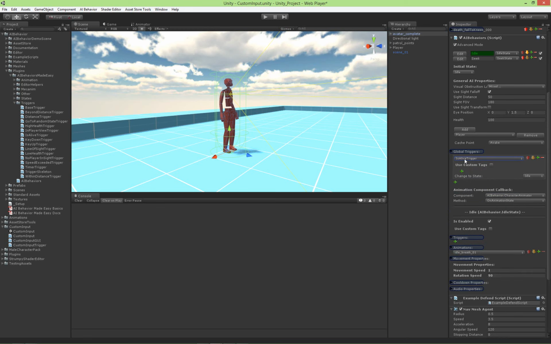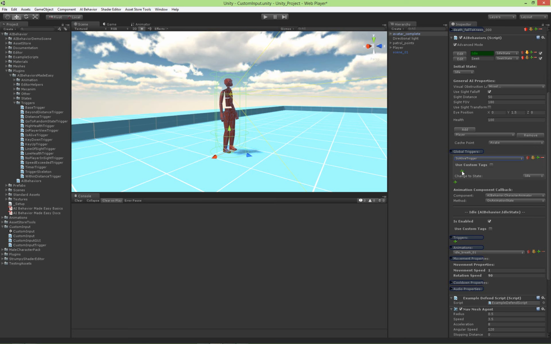And this is good practice, because more than likely you don't want your AI to switch into any other state if it's dead. It should probably be in the dead state and stay there. So that's the reason for putting that in the global triggers. This is pretty much the rule. There are a few exceptions to that,